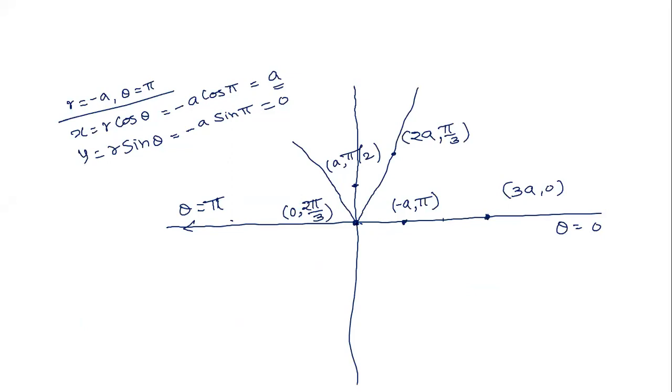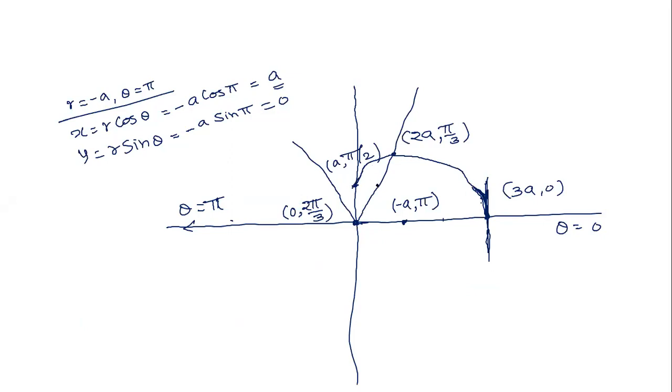That means the angle between the radius vector theta equal to 0 and the tangent to the curve at this point must be 90 degrees. So this line, whatever I am drawing now, must be the tangent to the curve at this point, and thus the curve must be like this. So try to understand this. The curve will be going like this, like this, and it will be coming here.